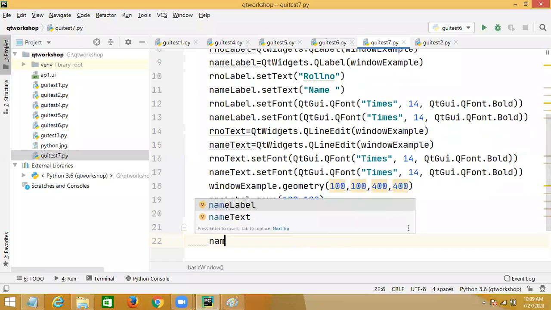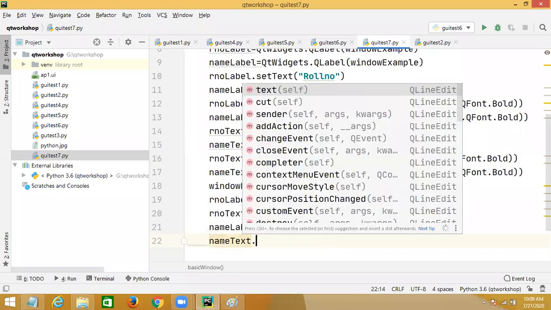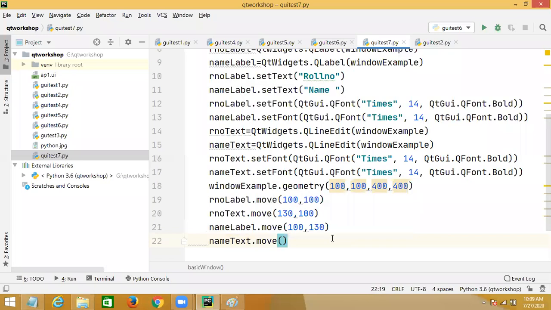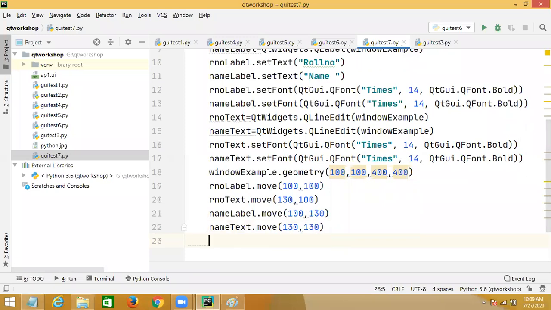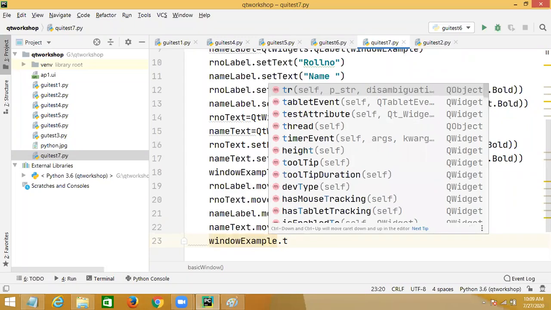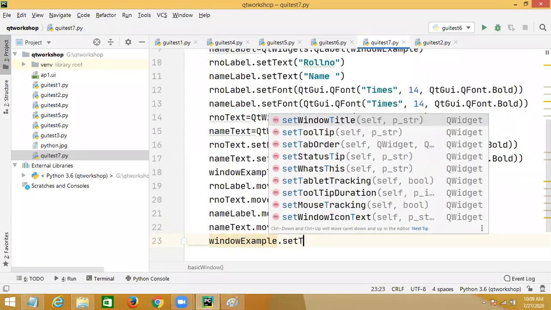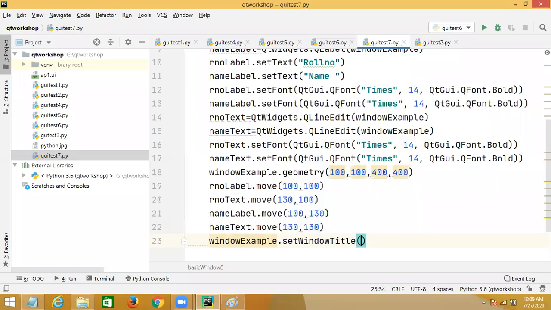Then name text dot move, 130 is x again and 130 is y. Then window example dot title, set a window title. Window title: input example, right?